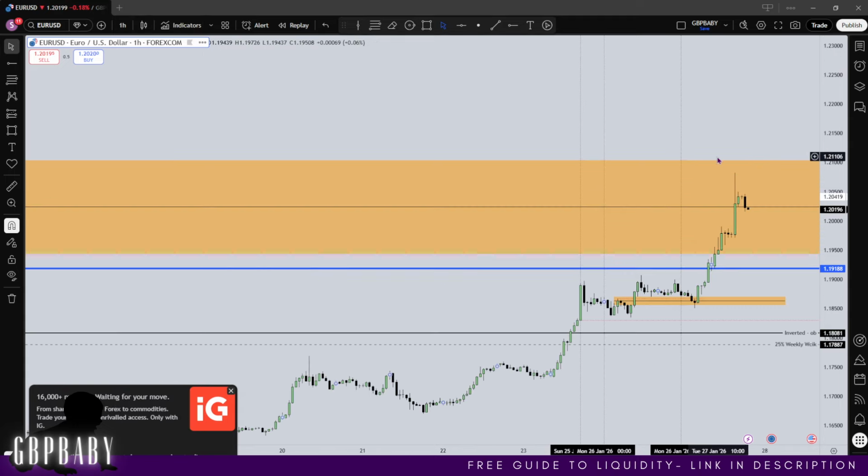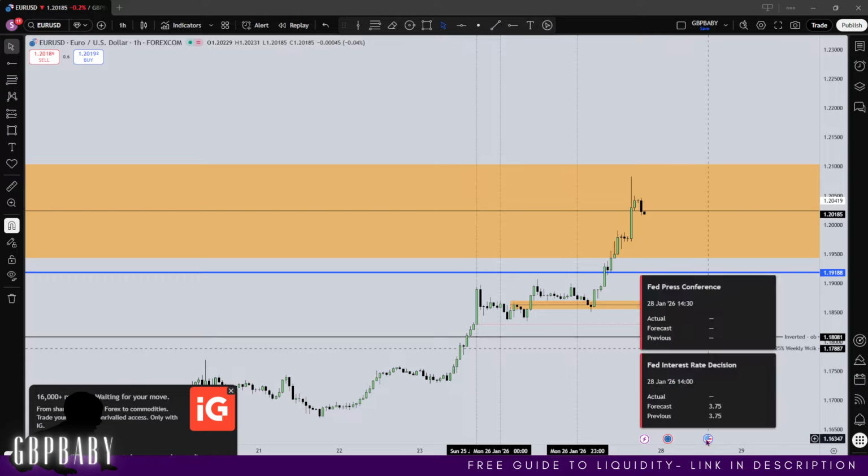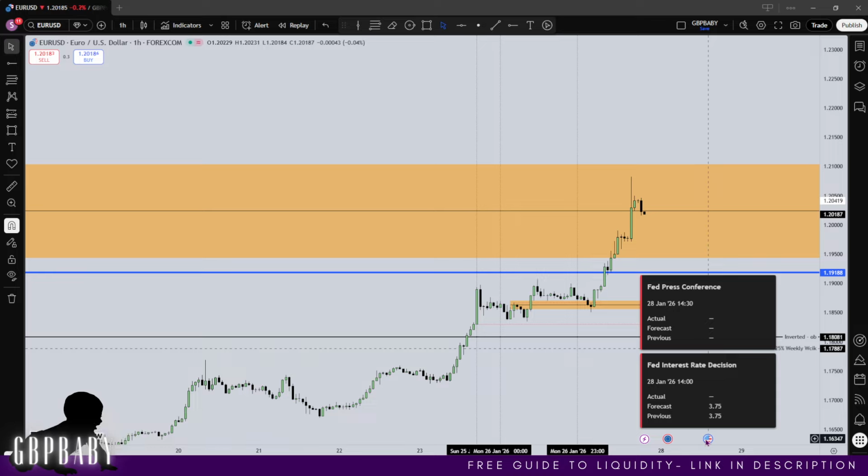I'm personally done with trading for the week. I'm happy with what's been completed, so I'm not really concerned. But I know that a lot of people are going to be trying to trade the interest rates. Now, I don't suggest doing that, especially not after seeing all this. So I'm going to wait for the interest rates, and then if I am going to trade again this week,